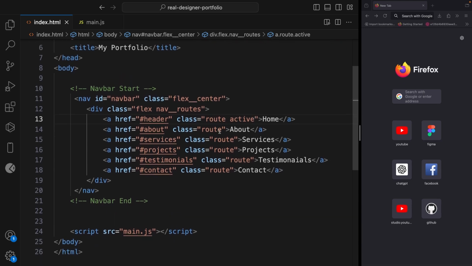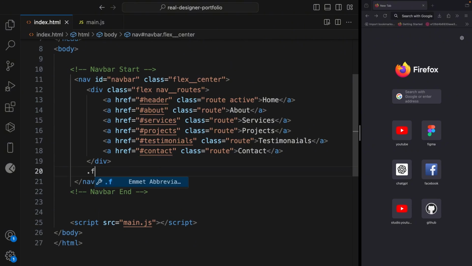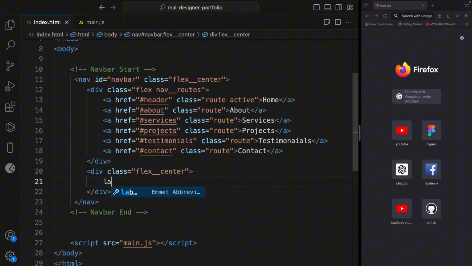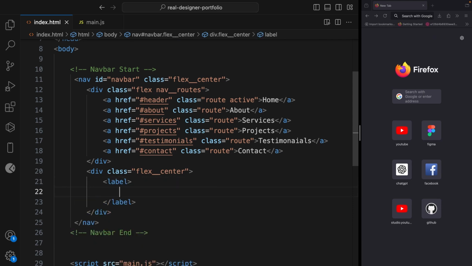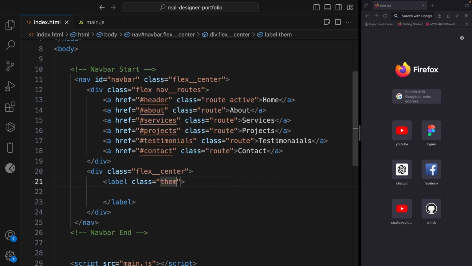Okay, so let's go ahead and create the next container. Let's give it a class of flex center, and I'm going to create a label here. So within this label, first of all, let's give it a class name. This is where we're going to create our theme toggle. Let's give it a class name of theme-toggle,